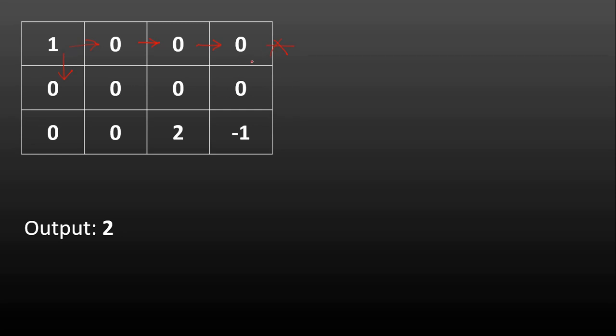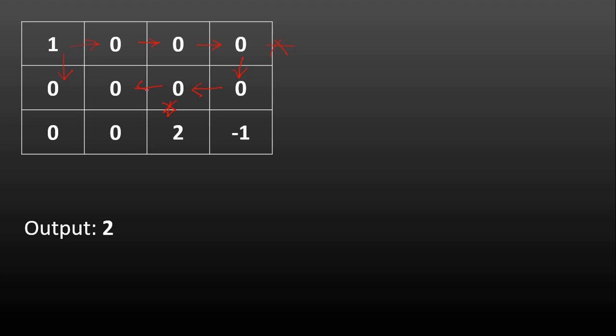So the only direction that I can go to, and similarly I cannot go to the top direction, so I can go only to the down direction. So I'll go here, and then again I cannot go down because -1 is the obstacle, so I'll go to the left here. Now if you see, from this particular cell I can go to 2. However, since one of the conditions is that I need to cover all the empty cells, I cannot directly go to 2 here until I cover all the remaining empty cells. So this is not possible at this point of time.